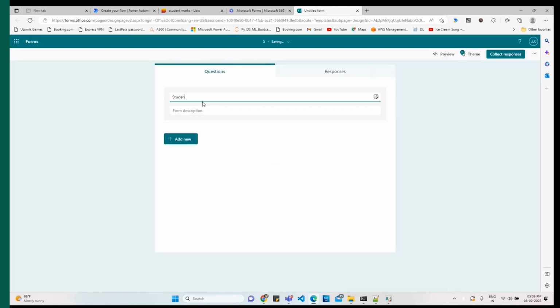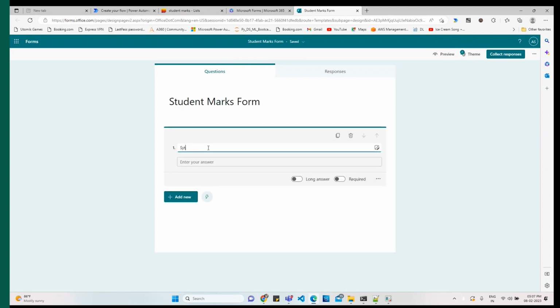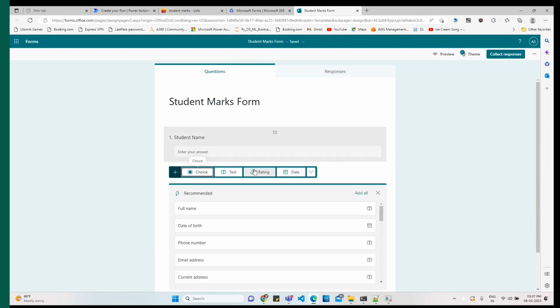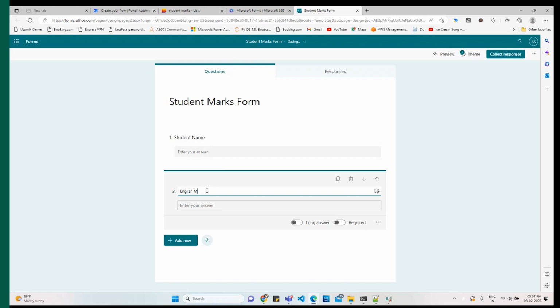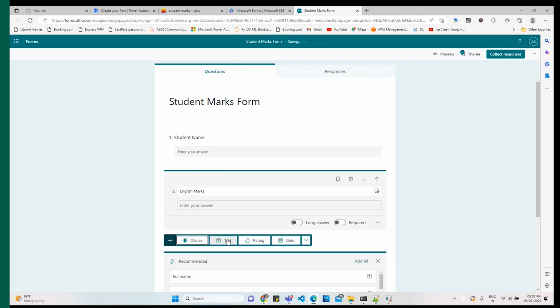We'll see how to populate MS Form responses to a Microsoft List with the help of Power Automate. We'll quickly create a form which will contain the marks of the students. So we'll start with student name, subject English, then we'll add physics,